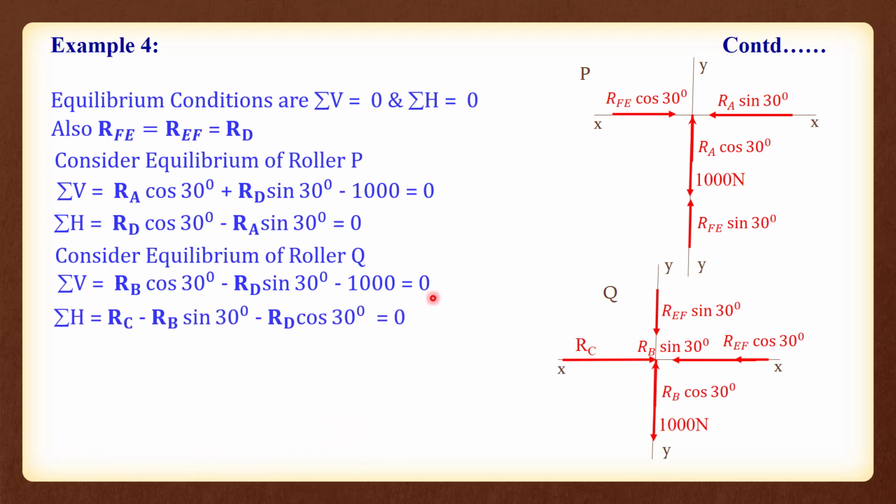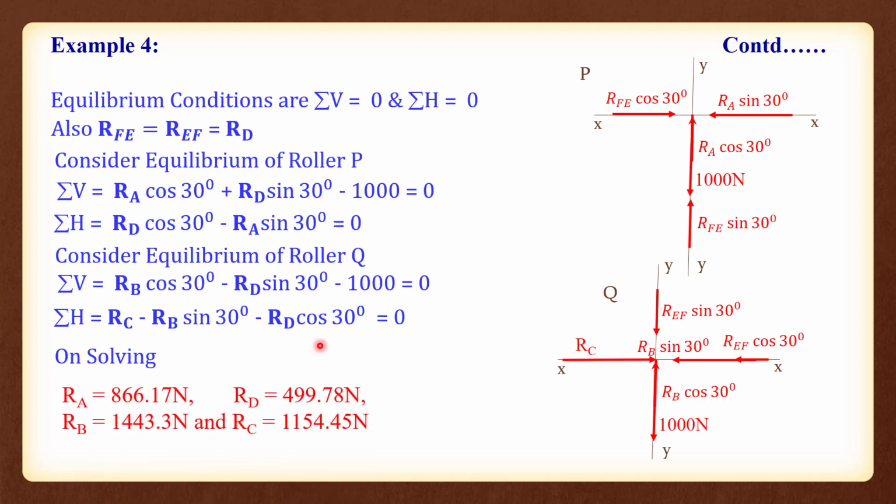Then sigma H equal to 0 implies RC minus RB sin 30 minus RD cos 30 is equal to 0. So we have 4 unknowns with 4 equations. On solving these equations, we will get the values for all the reactions. That is, RA is equal to 866.17 Newton, RD is equal to 499.78 Newton, RB equal to 1443.3 Newton, and RC is equal to